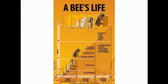So when this worker bee starts out, she starts as an egg. After 3 days, she turns into a larva. All this time, she's being fed royal jelly and bee bread, and she's maturing. At 9 days, the little wax cell that she lives in is capped over by other worker bees, and that just means it has a lid put on it, so that way she can build her cocoon and pupate. And what happens then is kind of similar to a caterpillar turning into a butterfly. She builds a cocoon, metamorphosis occurs, or pupation in this case, and when she emerges, chews out of that wax cell at 21 days,